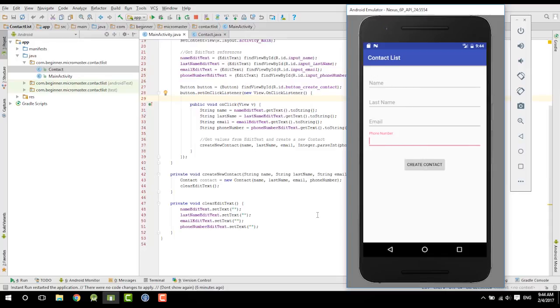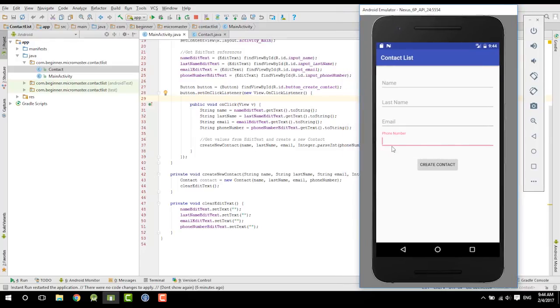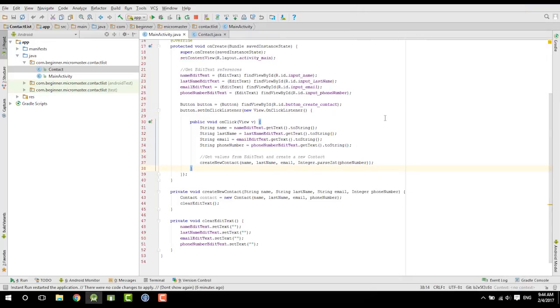So right now our app looks really good. I think it works, but we have some issues in this application, and I'm going to show you right now what is happening. For example, what happens if I forget to enter a phone number for my contact? That's the reason I told you before. Remember the part of the code right here: in Java, when we pass an empty string or a null string to this method parseInt right here,